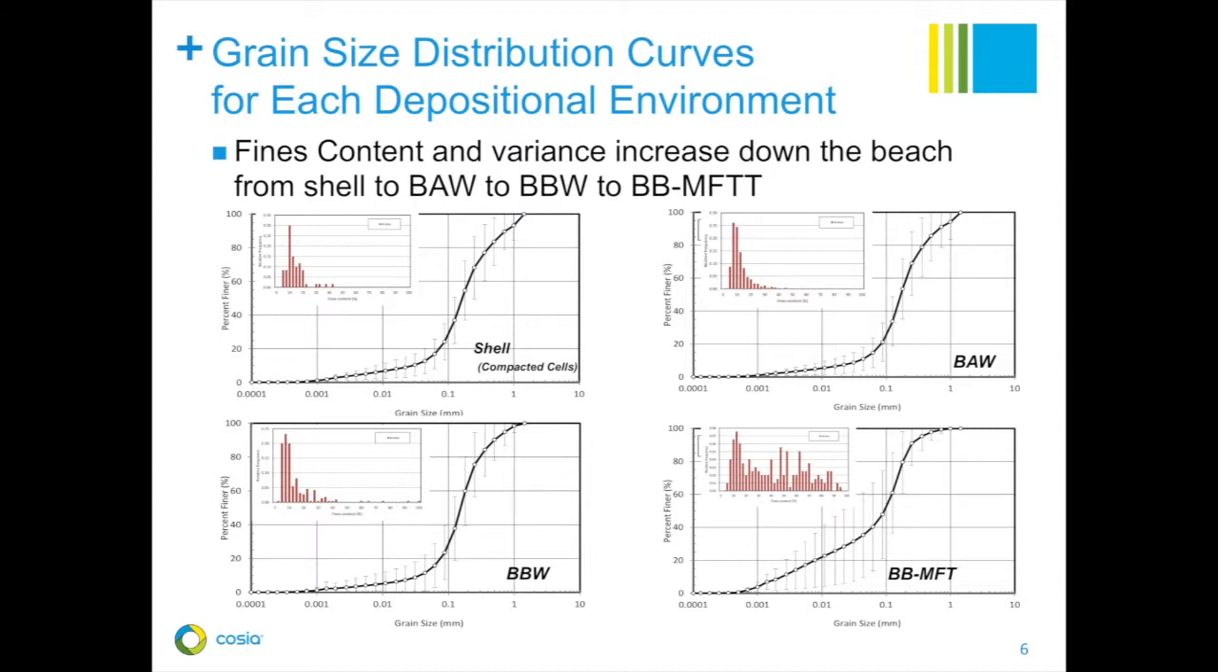These are the grain size distribution curves for each of the depositional environments, and as the charts will show when you get a little closer look at them, the fines content and the variance of the fines content increases as we go down the beach from cell construction to produce the shell of the pond into beach above water, beach below water, and ultimately beach below MFT, where we have much higher fines capture and also much greater variation. So of interest would be, how can we control the operations in a manner that we're at the higher levels of capture and take advantage of this